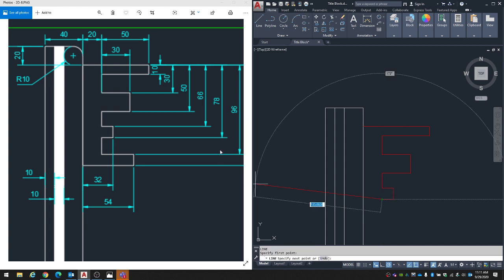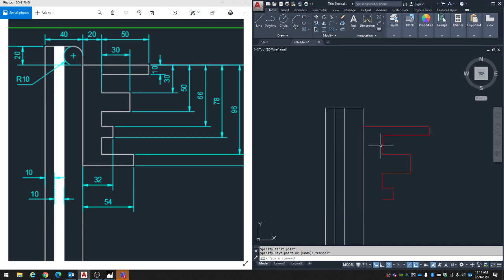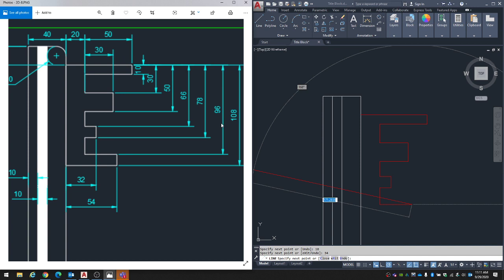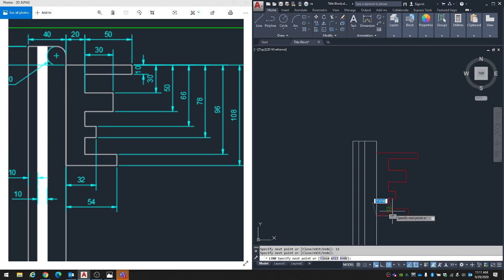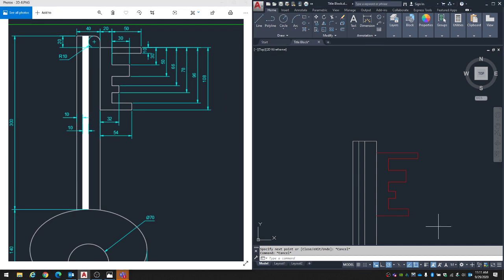And then I'm going to come down 96 minus 78. Use our little calculator. 18. And then come out. This should be 54 total, but I'm already 20 across. So 54 minus 20 is 34. And then go down. Can't see the dimension there. 108 minus 96 would be 12 again. And then back into the key there. So those dimensions are kind of tricky. You have to do a little bit of adding and subtracting here and there, but I think we made it